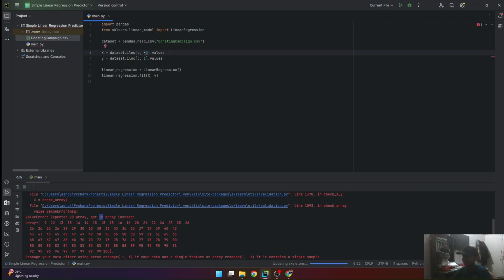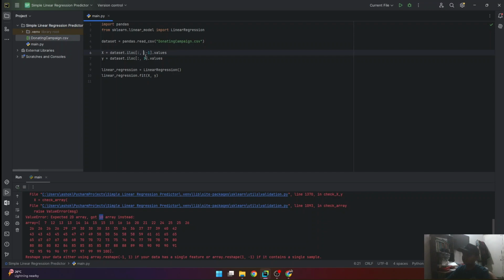I've identified our problem. It was that we had to use colon here and this had to be -1. So what happens here is that we're saying that by colon we need all the columns except the last one, because in Python when you put the value to the right side of the colon it excludes it.